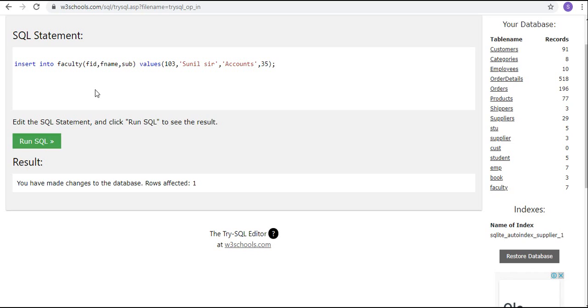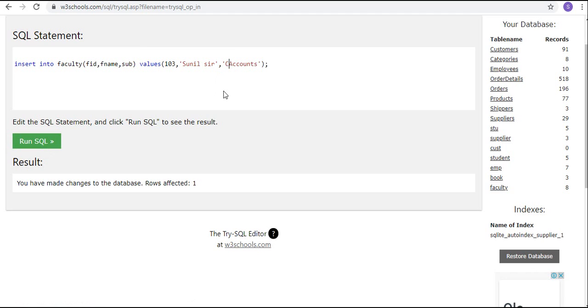So I don't have years. Insert into table name, these are the columns I want to enter and these are the values I want to enter. Run SQL, one record inserted.